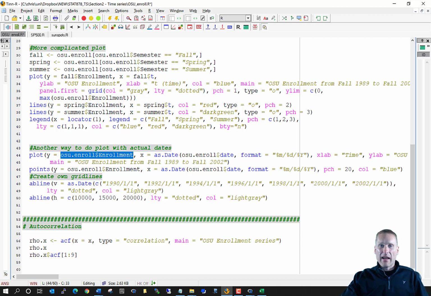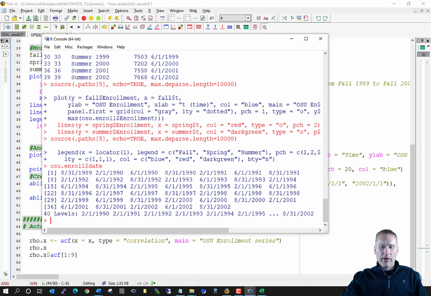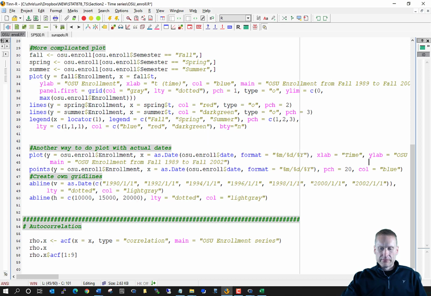I could have just simply put X there instead. Instead, I just did it this way. And then for my x-axis value, what I'm going to do is work with my dates that are in my data frame. So those are my dates. And I want to work with them in a certain format. They're actually specified as month, day, and year.